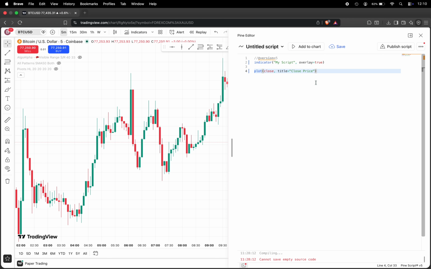You may also see a default script already loaded inside the editor. That's normal. You can keep it and modify it, or you can delete it and start with a blank script. The editor includes useful coding features like line numbers, color highlighting, and suggestions to help you write your script more easily. From here, you can create your own custom indicators, build trading strategies, and apply them directly to the chart